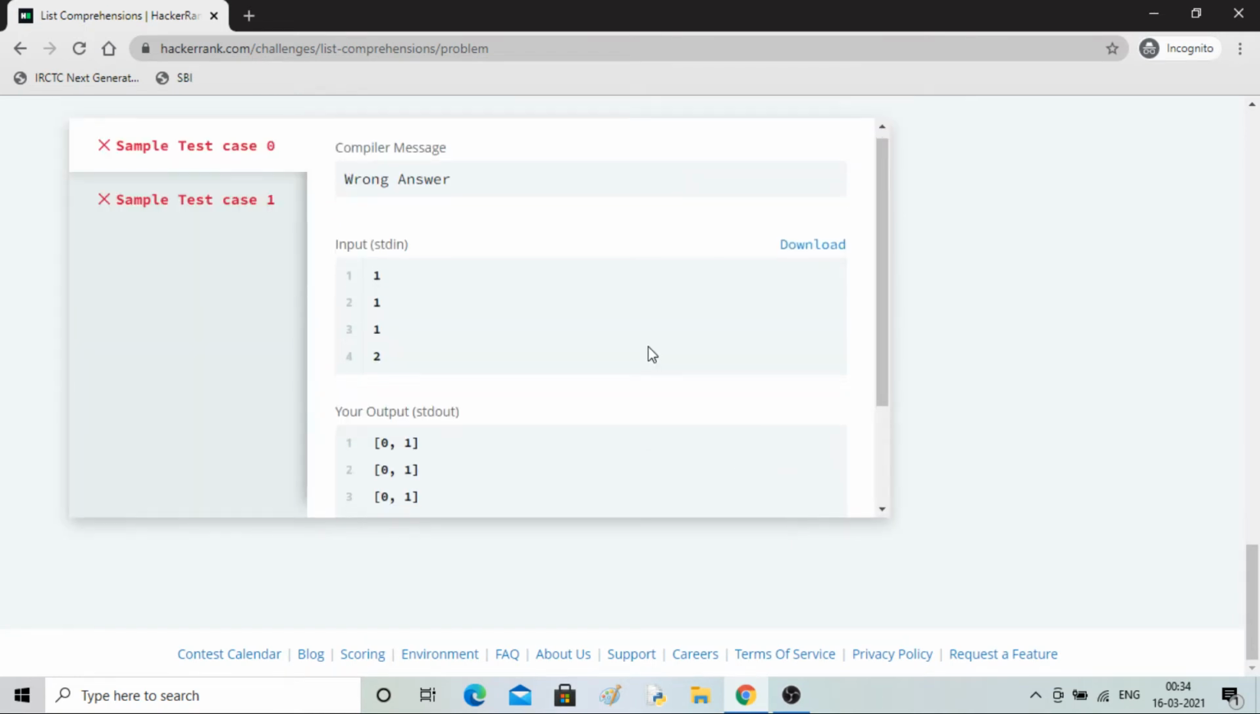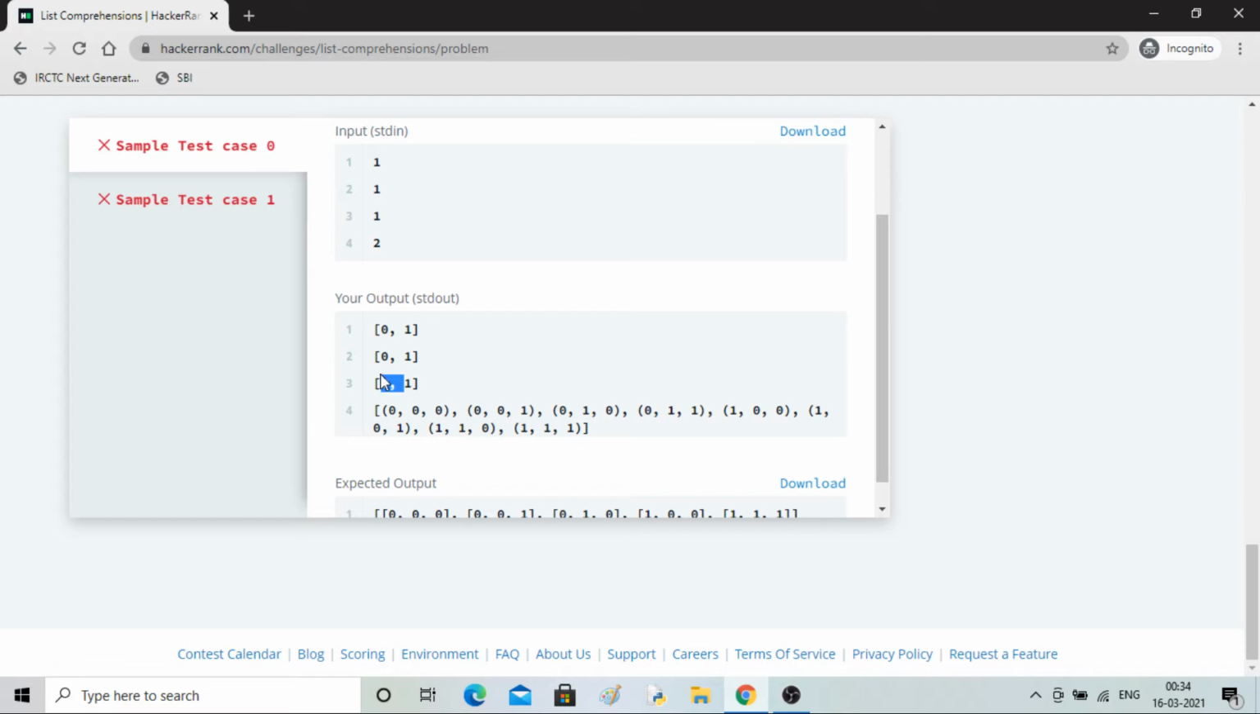So here you can see 0 1 0 1 0 1, and then you can see the combinations. First 0 0 0, this element is your first element, then 0 0 1. Imagine for loop, 3 for loops, how it is working: 0 0 1, then 0 1 0, this guy, 0 1 1,